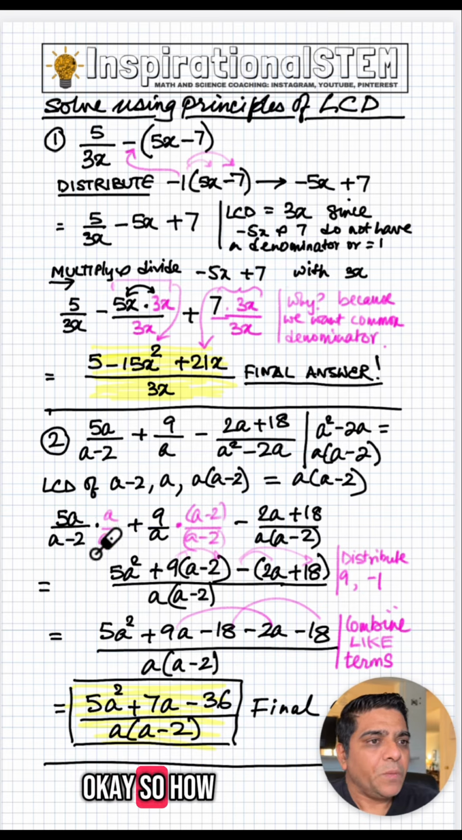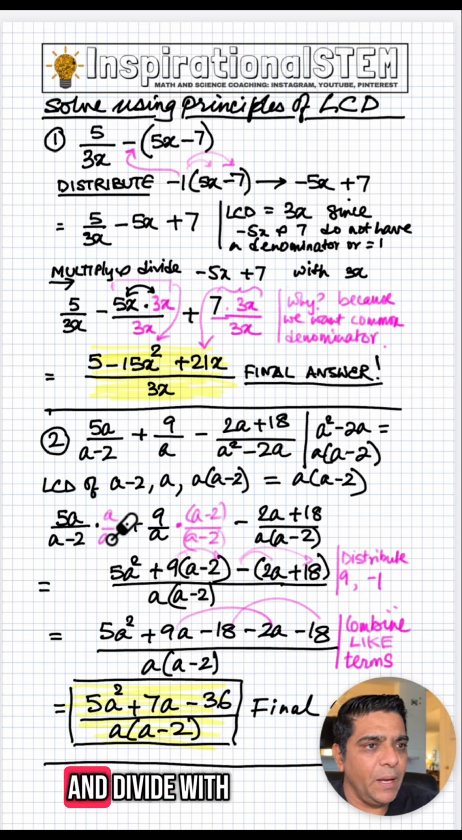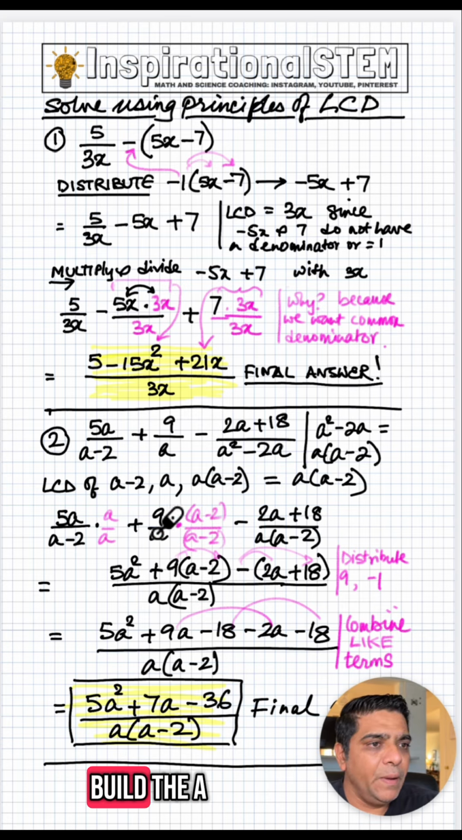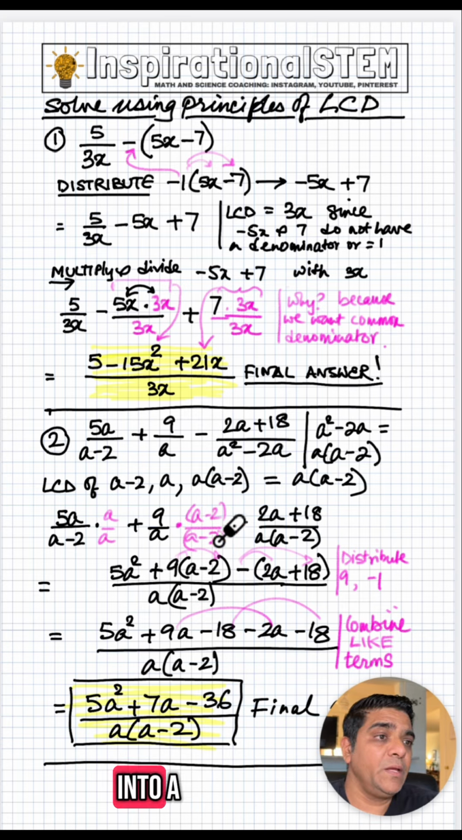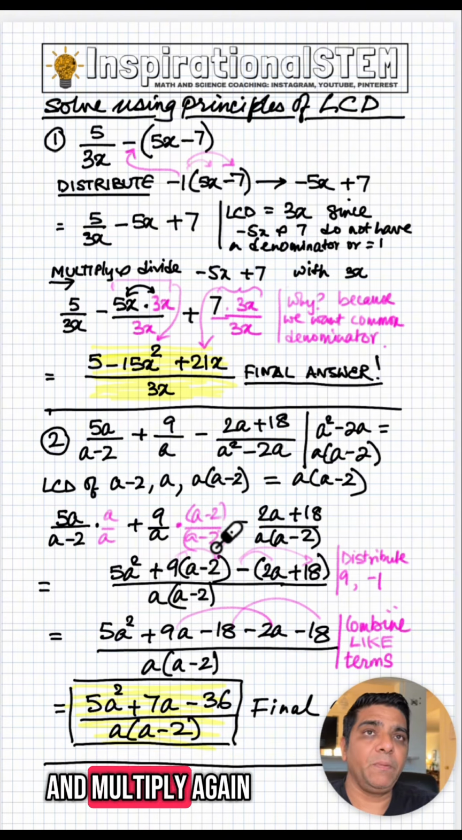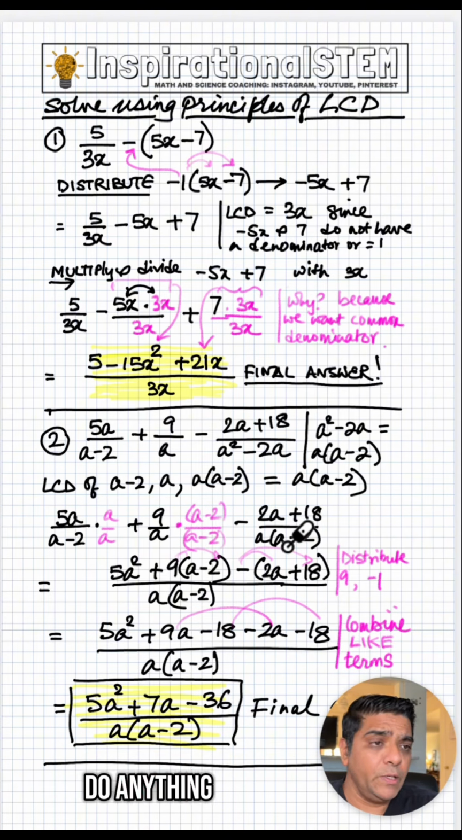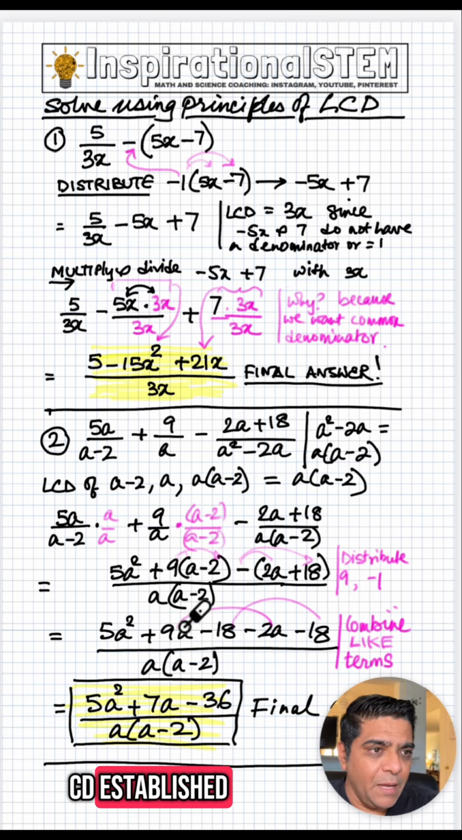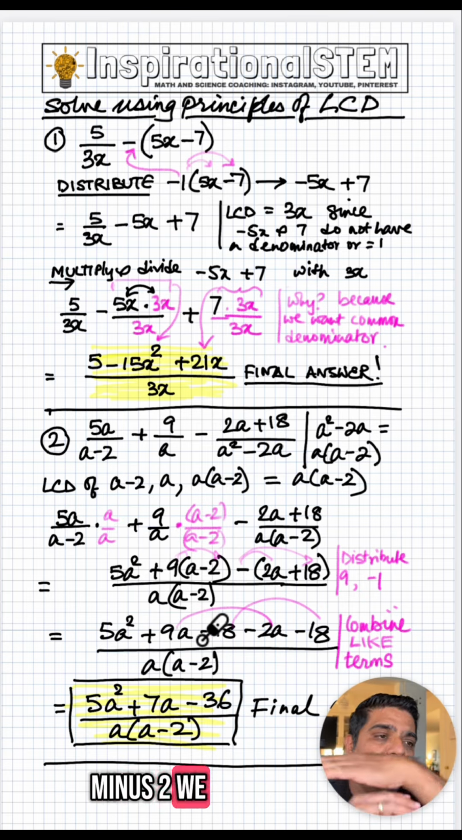Okay, so how do we build this? The first one, we multiply and divide with a. How do we build the second term, which has a minus 2 in the denominator, into a times a minus 2? Multiply and divide again with a minus 2. The third one, we don't need to do anything. Now that we have the LCD established, a times a minus 2, we can put a line,